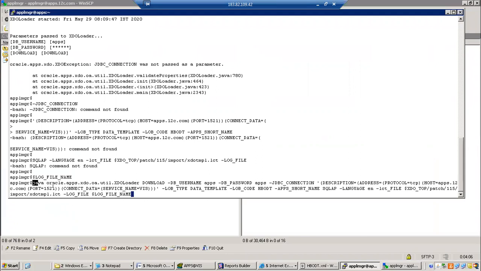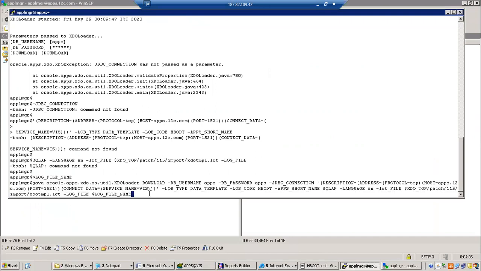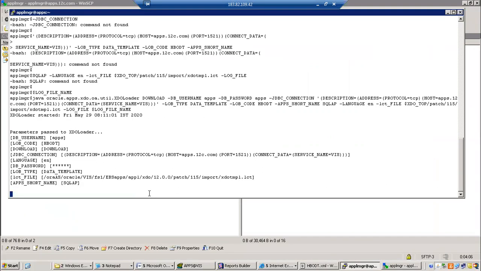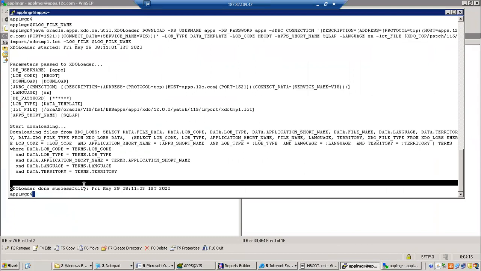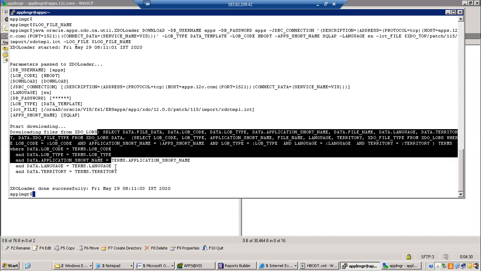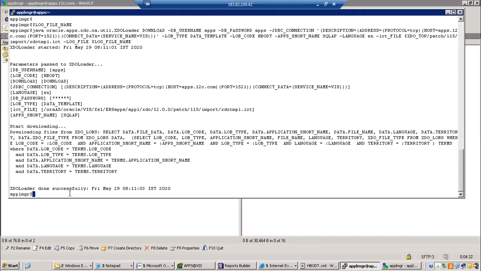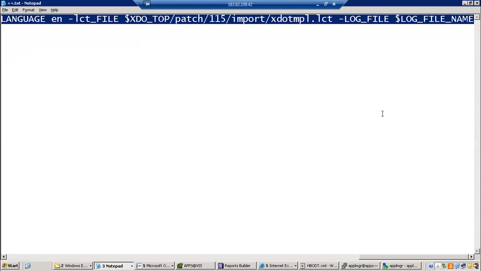So till here, enter. XML XDO loader done successfully. It is downloaded also. Start downloading. And downloading from where? This is a table for XML Publisher. Okay, that's over. Now another thing pending is